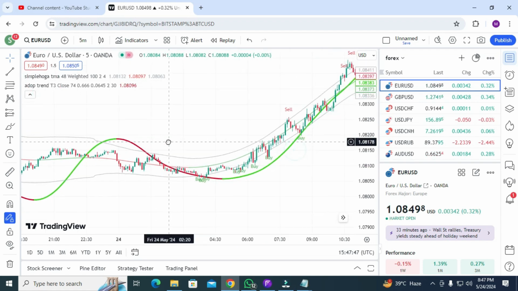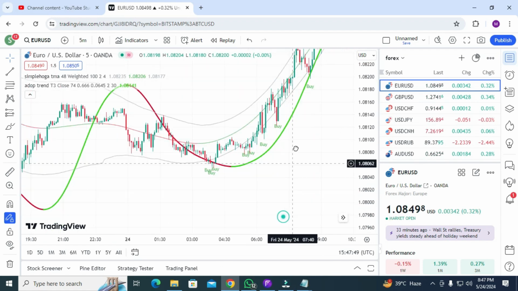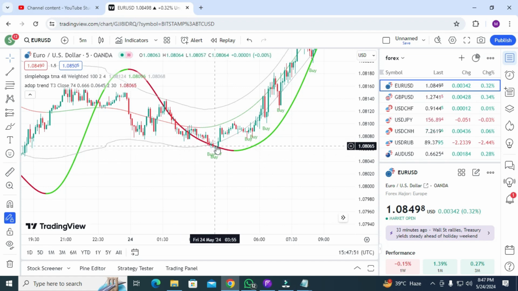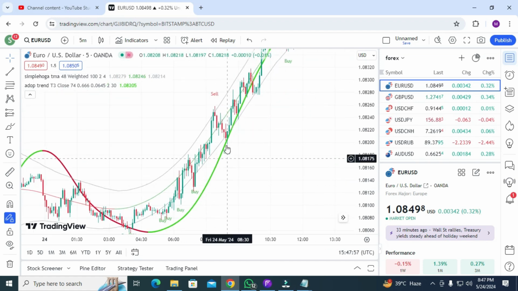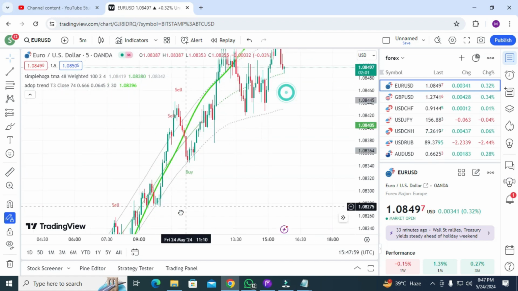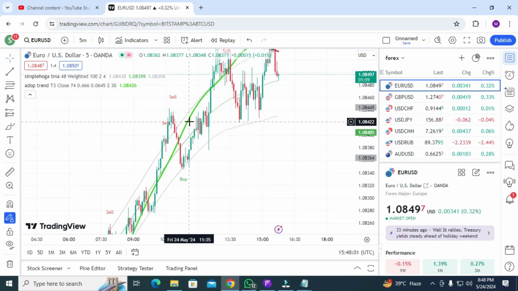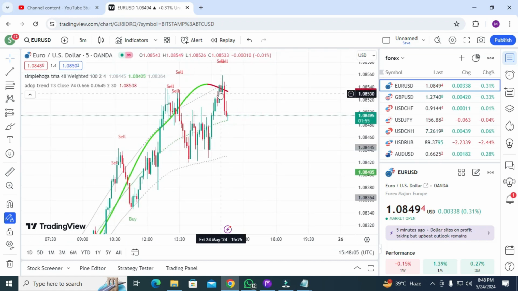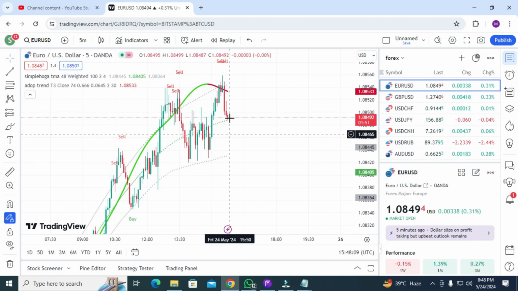Here let me show you some more examples. Here you can see the adopt trend line is below the lower band line, and you're getting a buy signal. So this is your perfect buy trade, and you will get your profit. Again a buy trade, and you will get your profit. So this adopt trend line is now inside, so you do not need to go. Like here the adopt trend line is upside, you can go for the sell trade, and you will get awesome profit. Okay, you will definitely get awesome profit.